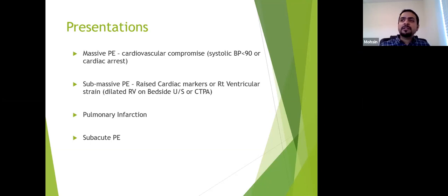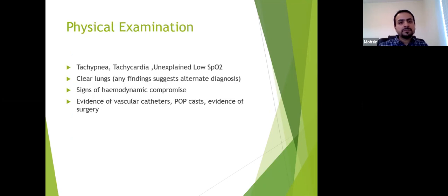Or it can be a subacute PE, where the pulmonary embolism is an ongoing process that has been happening and has been missed, and it's a chronic or subacute presentation. Physical examination wise, the hallmark of PE is that there might not be many lung or chest findings on examination. So a patient that looks tachypneic, that looks tachycardic, but has an unexplained low oxygen saturation. You have low saturation, but you don't have any other obvious cause for it. The chest is normal on examination. There are no signs of pneumonia or pulmonary edema or a pneumothorax for that matter.